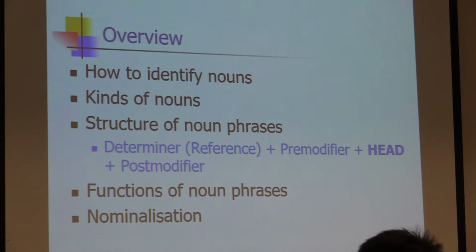Or it can also be a clause. Can it? Can be. A postmodifier can be a clause. Can you give me one example? A girl who is what? Who is tall, who is beautiful. A girl who is hardworking. Okay. So we can have relative clauses to be the postmodifier.